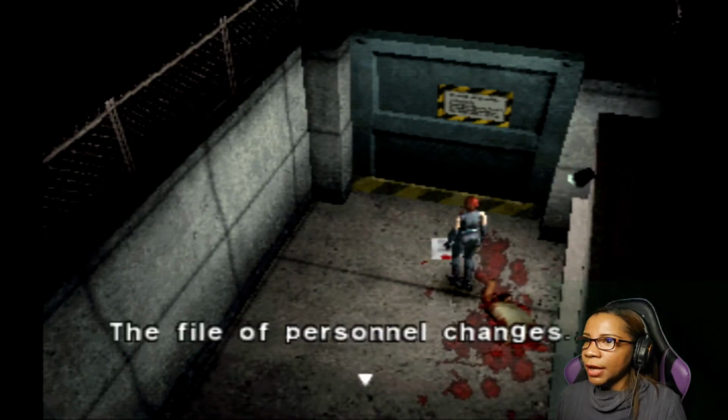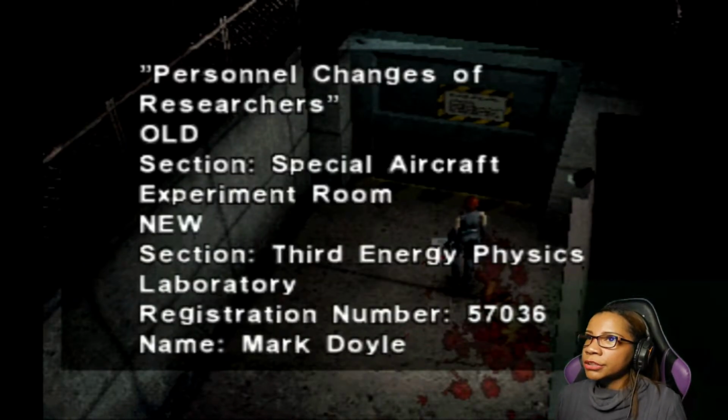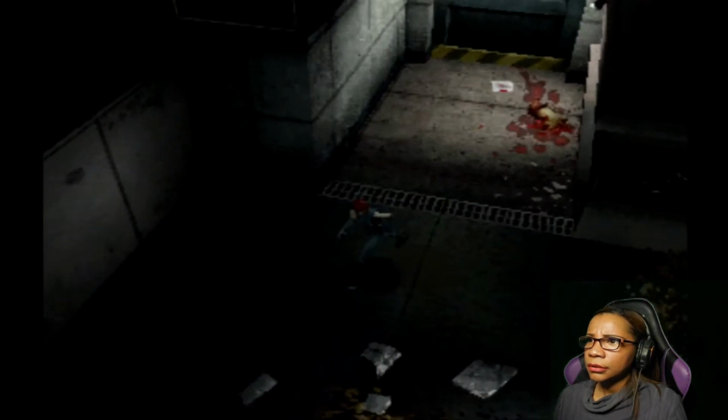Hey, he had that. Lovely. File of personnel changes. Okay, I'll get to that in a moment. Let's read this file. Personnel changes of researchers. Old. Section, Special Aircraft Experiment Room. New. Section, Third Energy Physics Laboratory. Registration number 57036. Name, Mark Doyle. Okay, this file...